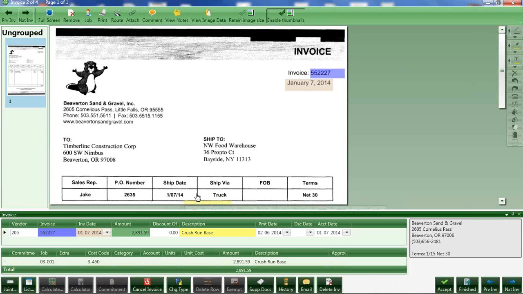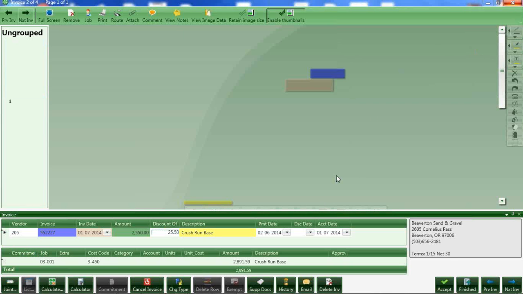So that's how the capture program works. Just a couple things I'll also mention. You can always override any of these fields that it defaults in. It doesn't stop you from doing that. The other thing that happens is that